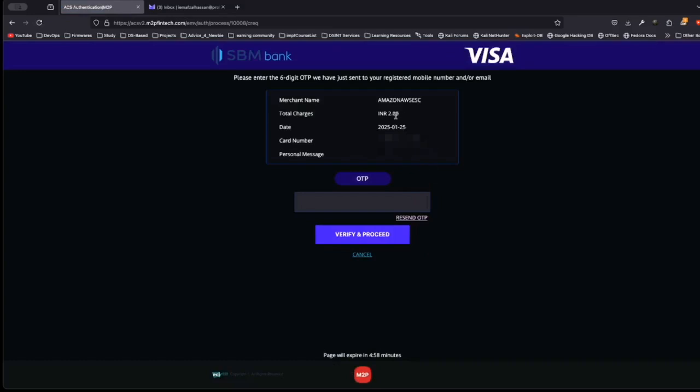Perfect. Now it is telling me that 2 rupees will be charged from the debit card which I have given, and this is the date, and this amount is actually refundable. This amount will be deducted to verify whether this card is legit or not. So do not worry, and the next time, if any bill is generated on your AWS account, it will not be deducted directly from this account. This is just to prevent users from abusing